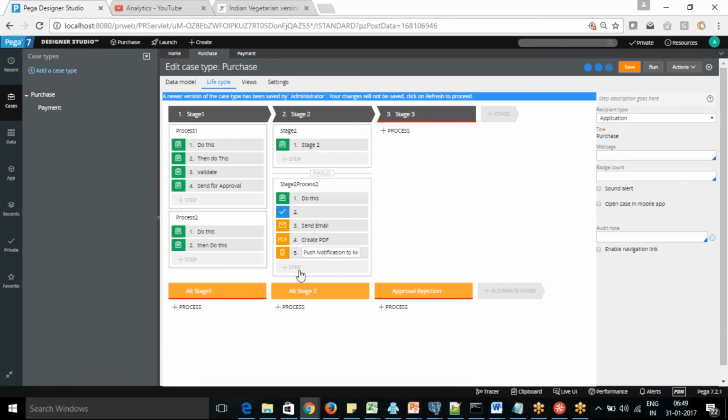Okay, so this is the way we can use the different processes. This is the different information we should know about at the case level.